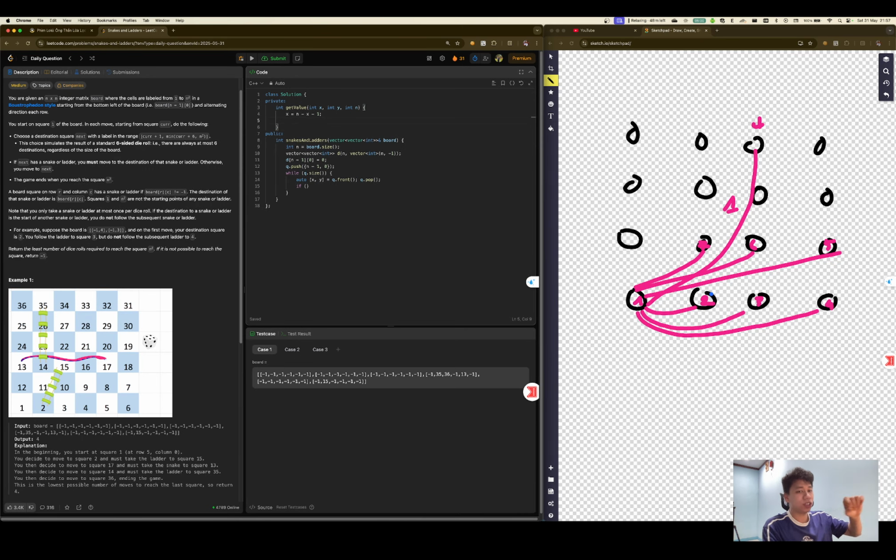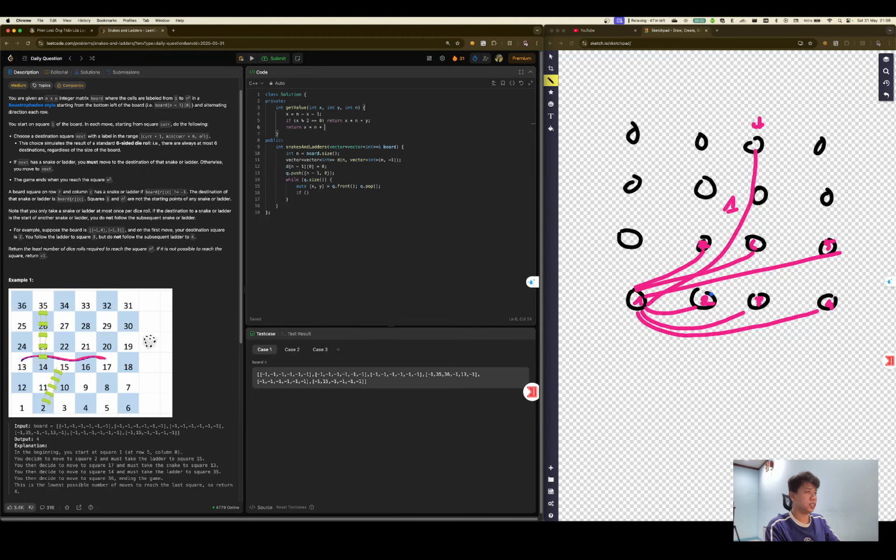It's in reverse order. Yes, we can think of it as rows 1, 2, 3, 4, 5, 6 reversing. If h is odd, that means this row and this row are in the straightforward order from left to right, so we return h minus y, multiplied by h. Y, if h is even, it's in the reverse order, so we take this one